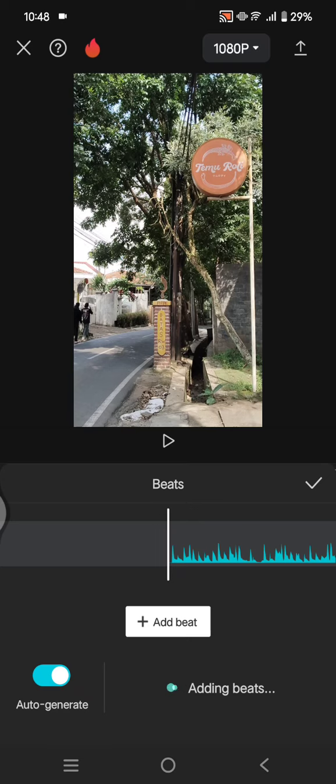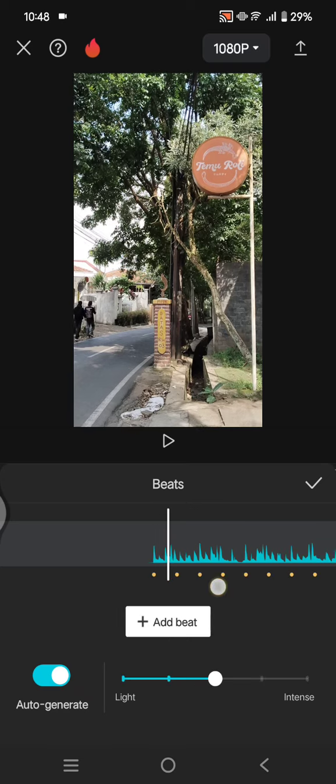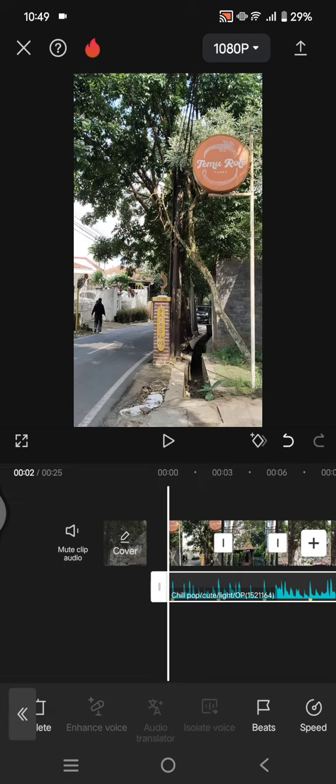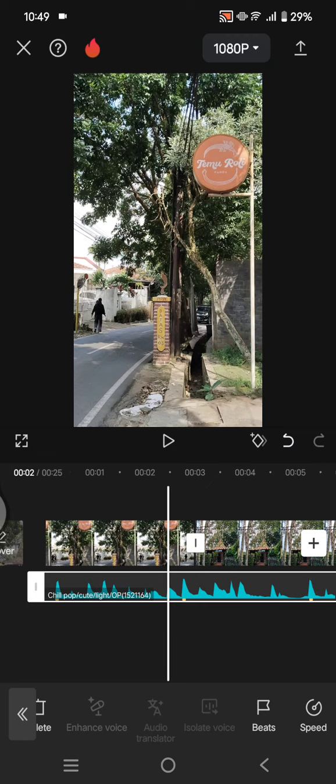Okay, just wait until it's done. Okay, you can see this is the mark, the yellow dot. Here you can adjust the intensity. I'm going to go with light. Click on the check icon, and now just trim